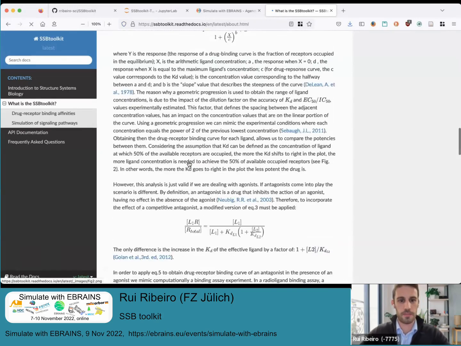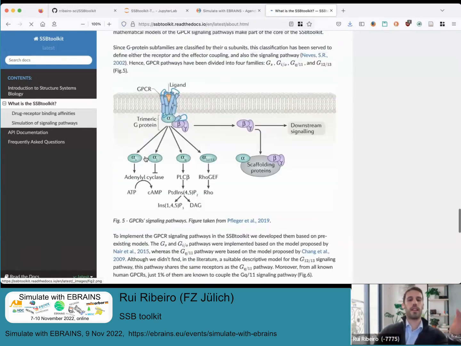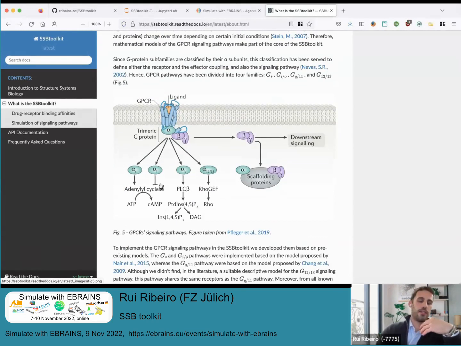Okay, this image. Of course this is a very short way to represent this pathway. The pathway is more complicated, so there are more metabolites inside. But essentially, one of the characteristics of G alpha S and G alpha I is that when they are activated, they will